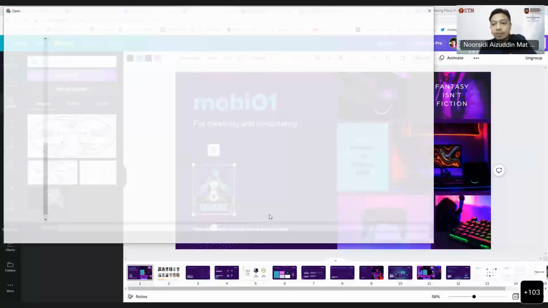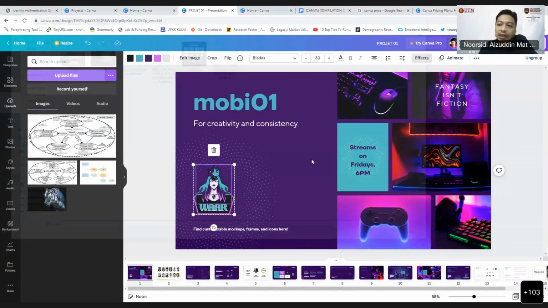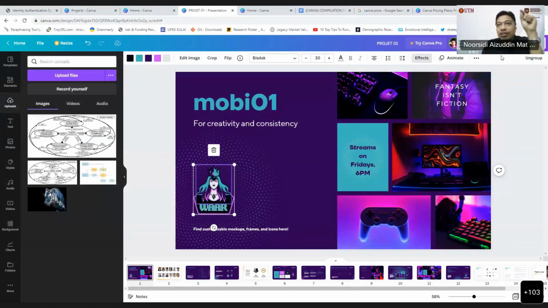To add another photo, if you still remember, instead of clicking create and then import file, you also can use this button, uploads, and then upload file. Once you get into your slide presentation project and you want to upload more, you can click the upload button and then choose upload file. From upload file, let's say you pick any